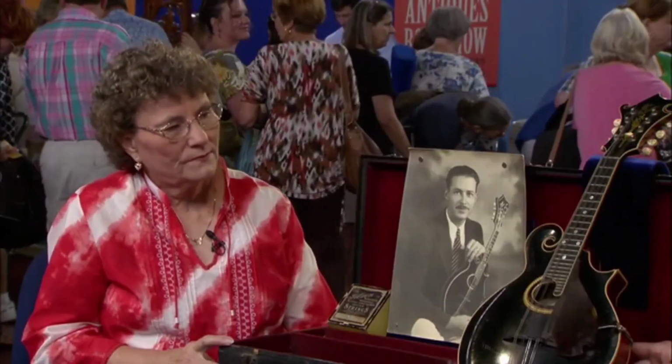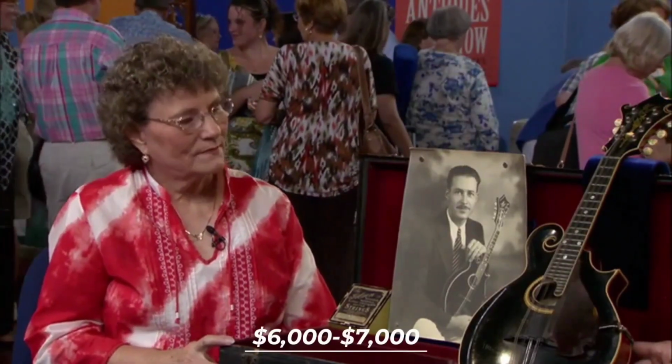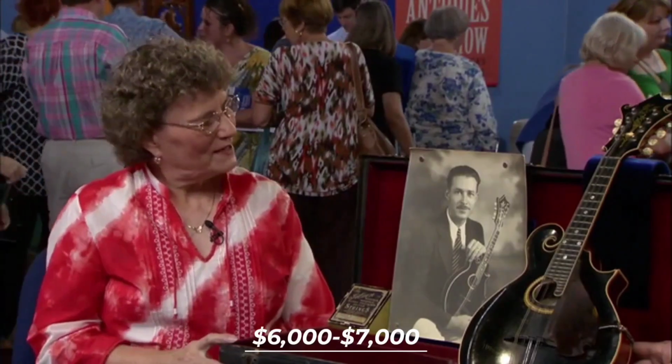A mandolin like this would probably have a retail value of somewhere between $6,000 and $7,000. Oh, okay. Well, that's what we...